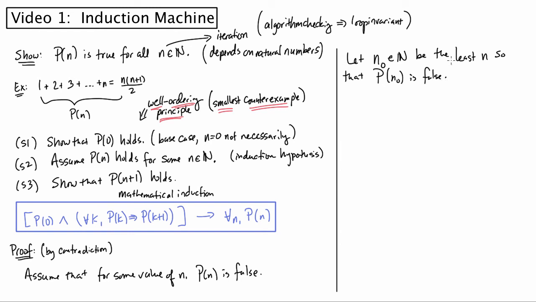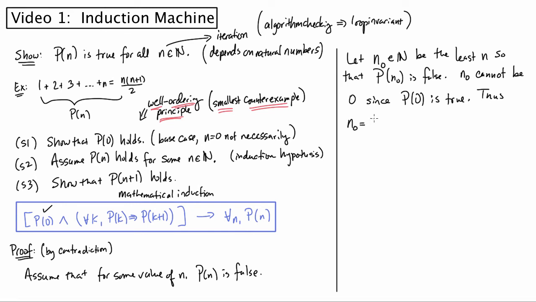Now, n sub 0 cannot be 0 since P of 0 is true. So we know that P of 0 is true, and we have the induction hypothesis. So working backwards, if we assume this is false, we have to abide by these particular cases. So n0 cannot be 0 since P of 0 is assumed to be true. Thus,